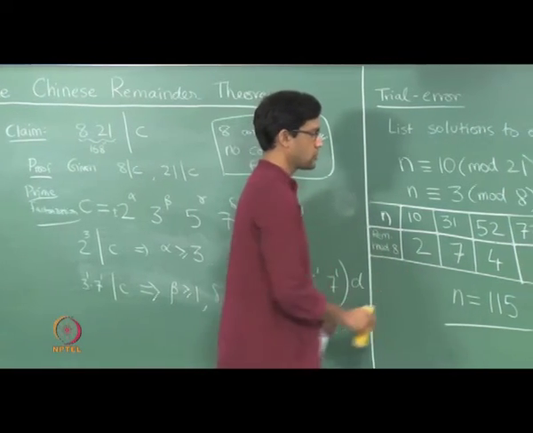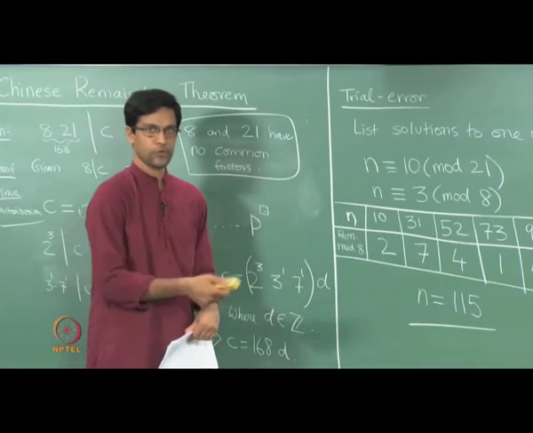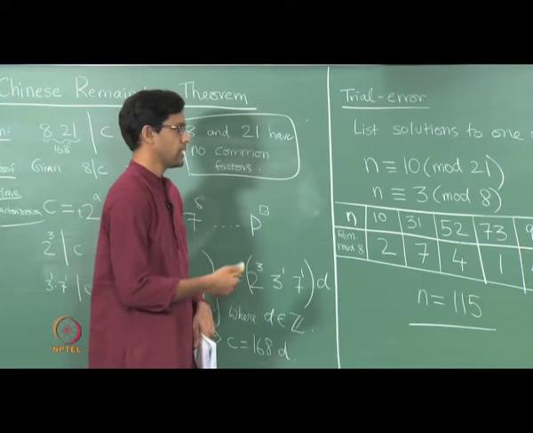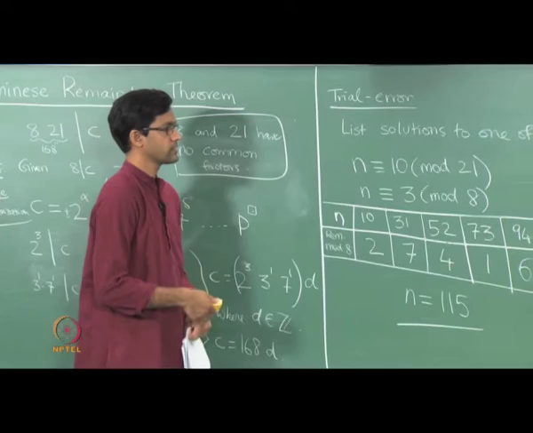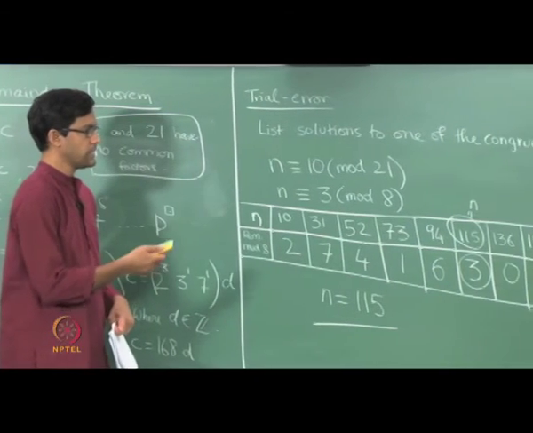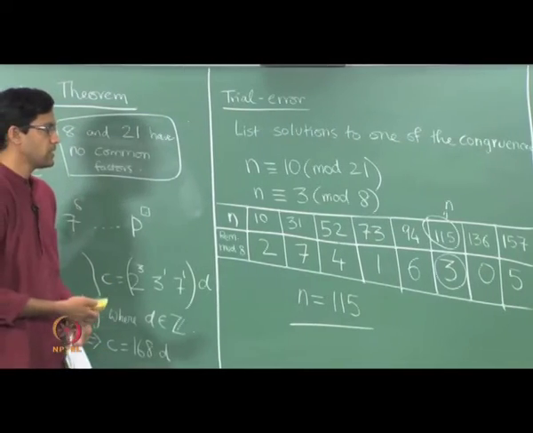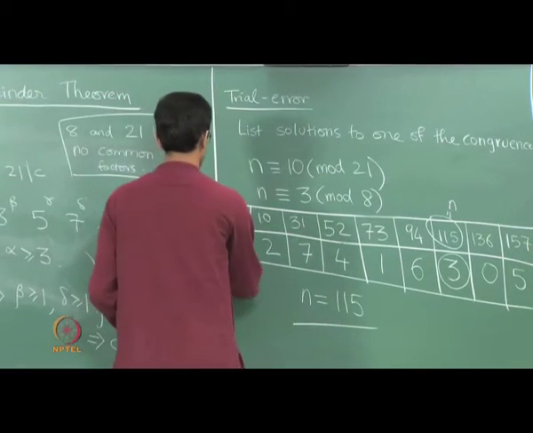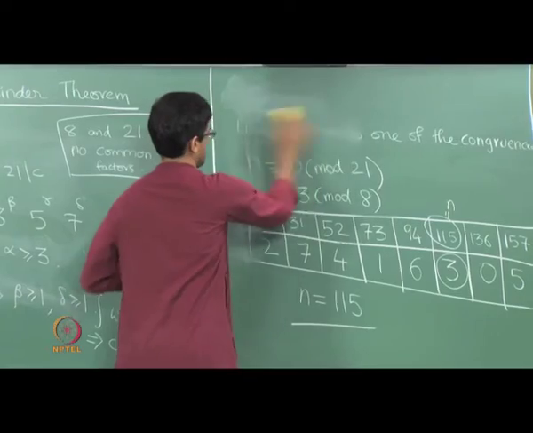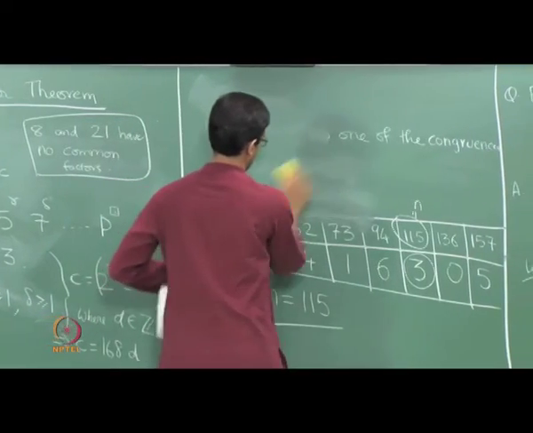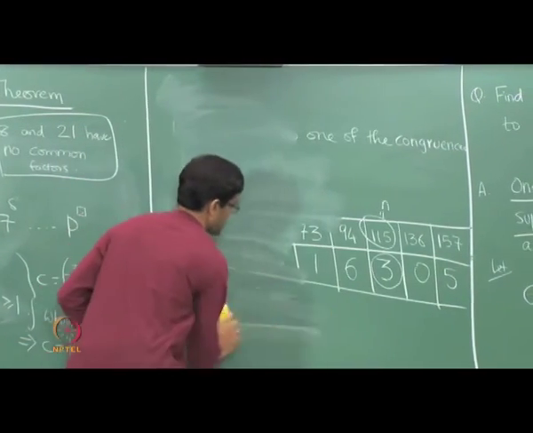So what we have managed to do is two things. One, we have found one solution by a brute force approach, and then we have said the following, that any two solutions have the following relation, that their difference must be a multiple of 168. So let's complete the solution to the problem we asked.